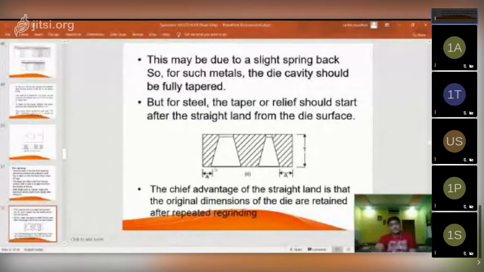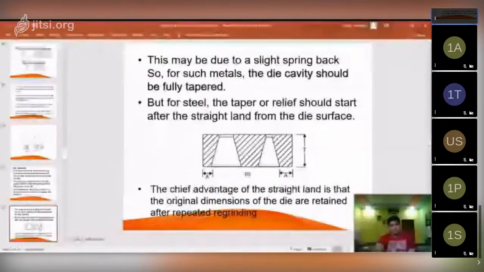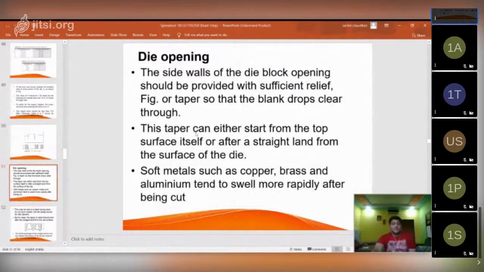So these reliefs should be provided properly so that your blanks will drop clearly through this die block. This is an important part while designing the die block also.